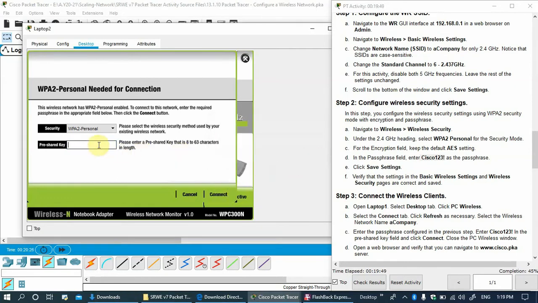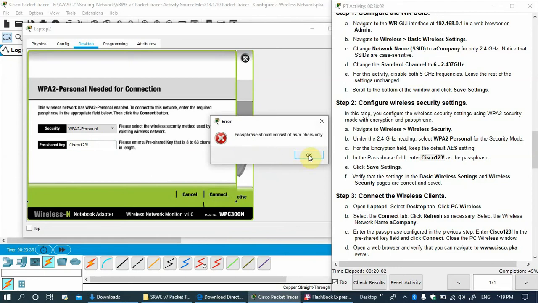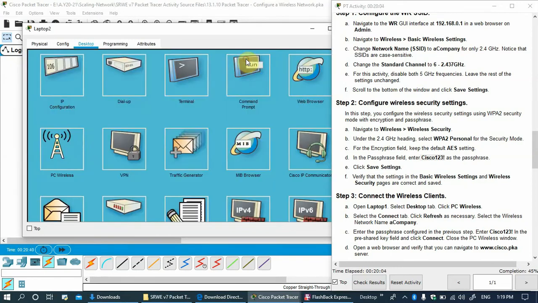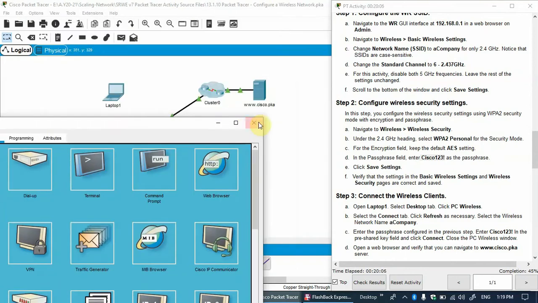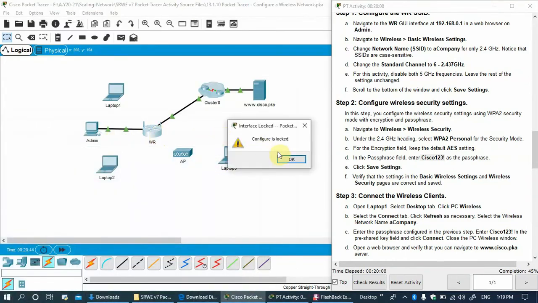Cisco123. Why is it not accepting? Let me check. Connect. Passphrase consists of ASCII characters only. So it is going to accept only ASCII characters, so we need to change it on the wireless router as well.